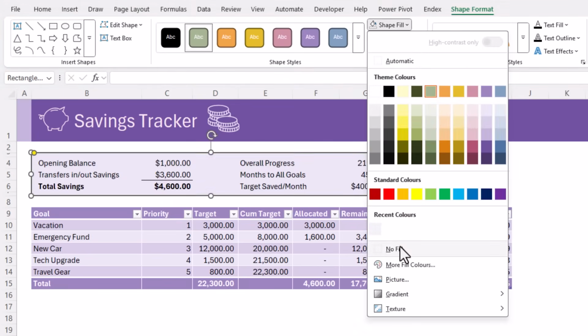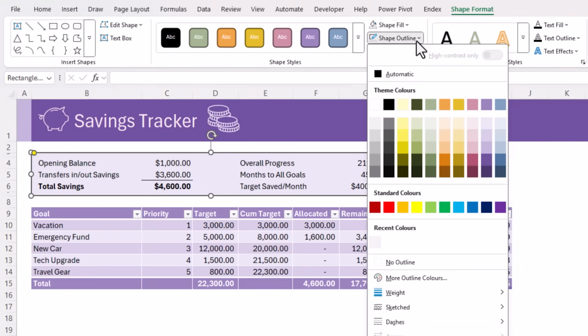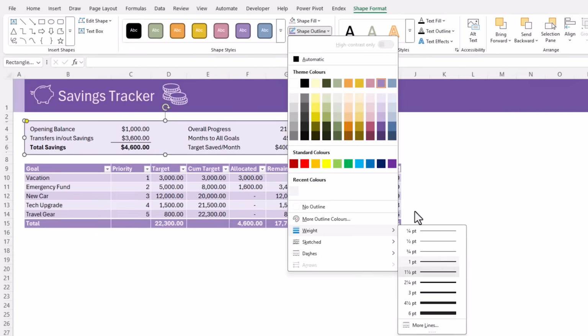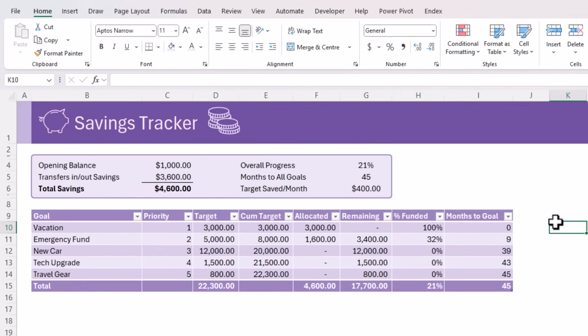Let's get rid of the fill color so we can see the data behind, and we'll give it an outline in this purple shade. We'll change the weight to slightly lighter. All right, that's my